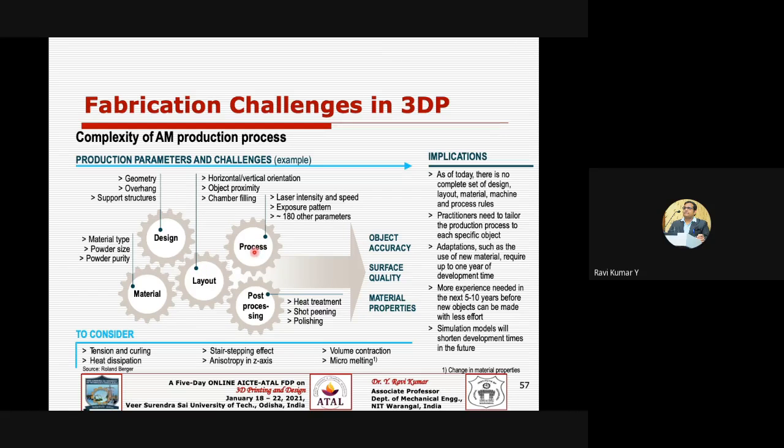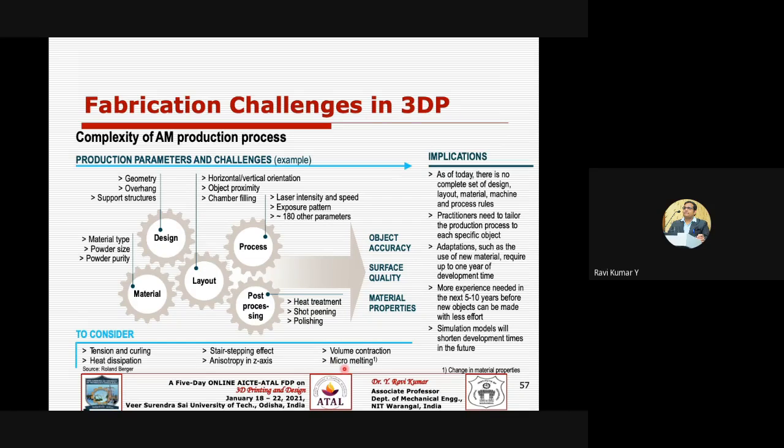And then process related parameters, like if it is a laser system, laser intensity, speed, and exposure patterns, and roughly you may have around 180 parameters that may change things, right? And this is one side. During post processing, you may use some heat treatment process, shot peening, polishing, right? And then we need to consider several things, like the surface tension, curling effect, staircasing effect, which we have discussed previously, and volume contractions, heat dissipations, anisotropy in z-axis, and some micro melting, or a change of material